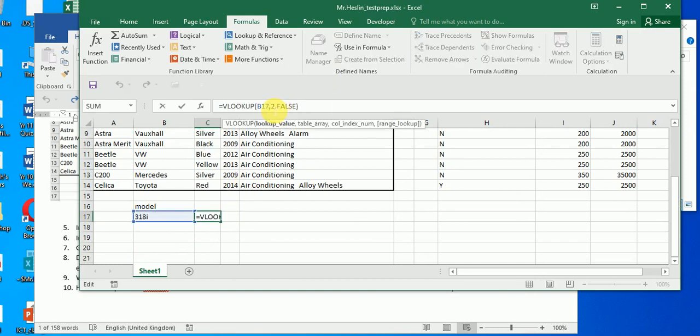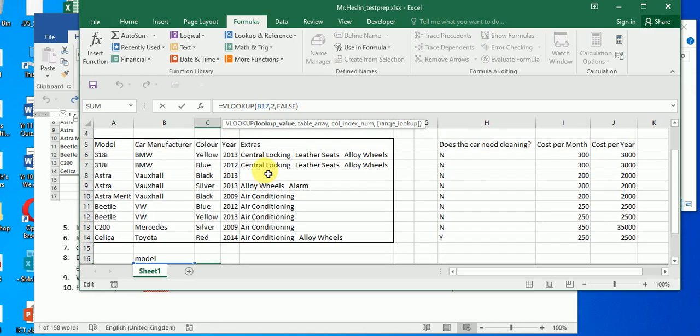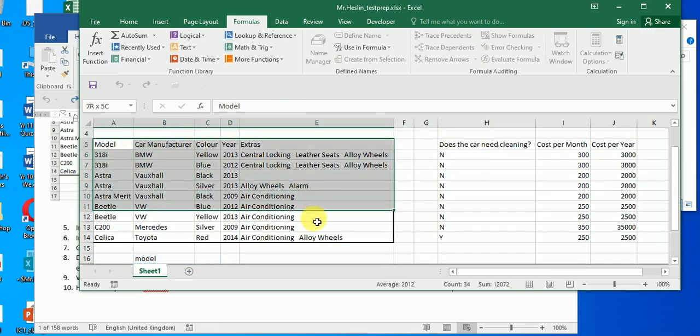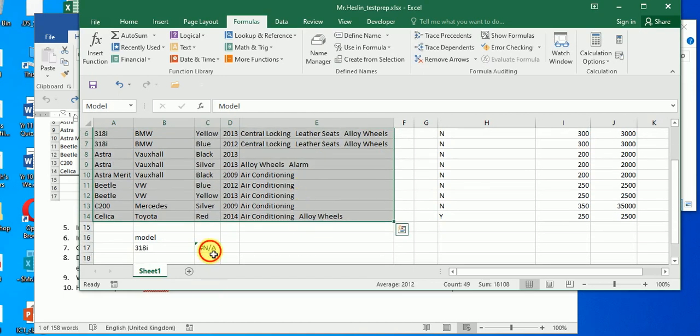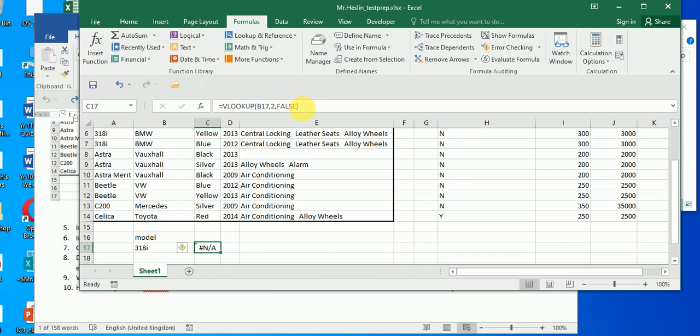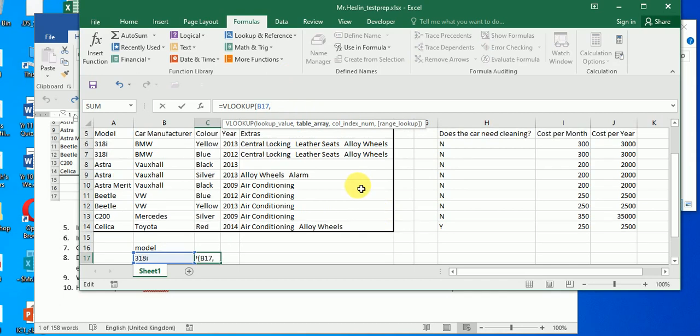Now, my table array, don't forget, if I don't name it, let's select all of this, okay? Now, don't forget, if I do it the old-fashioned way, I would just select my